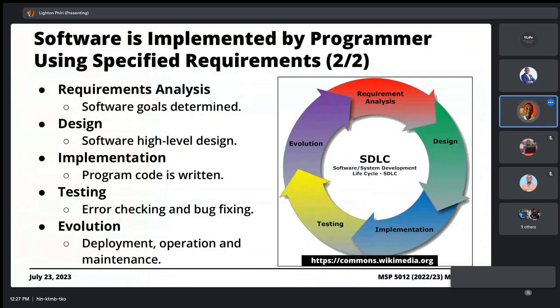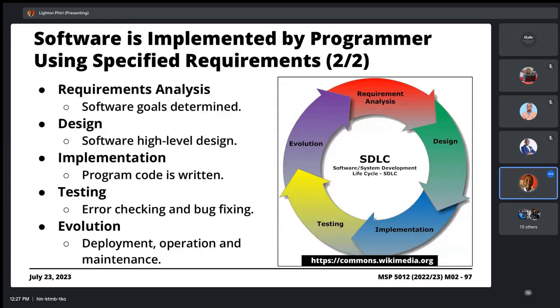And then finally, there's this continuous process. It's called evolution. Sometimes it's called maintenance. It's an ongoing process. Throughout the duration within which this piece of software is going to be used, there are a number of things that will happen. Like, for instance, the system users will approach the developers and say, well, there's this additional feature that we want, right?